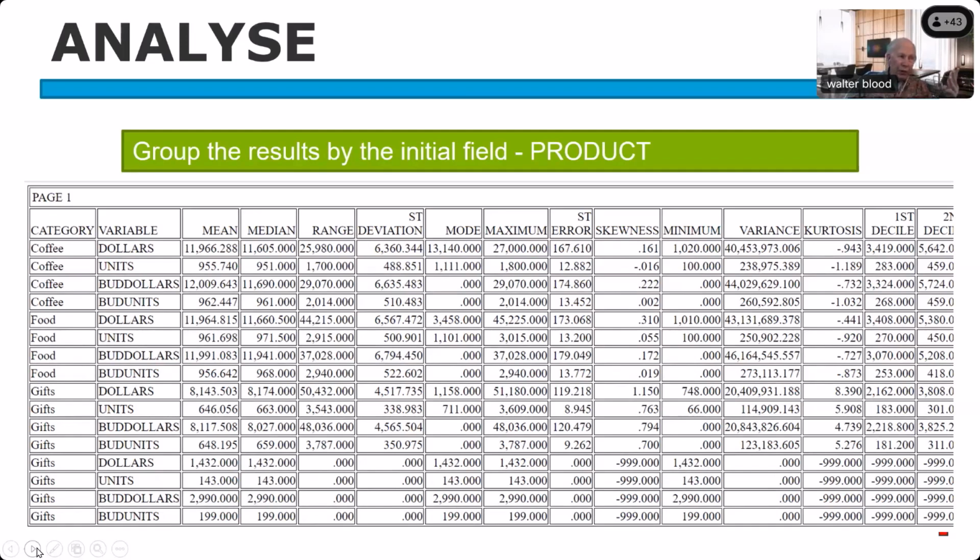And I've got 4 values for each category field, for each of those. For coffee, in the group coffee for dollars, I can see all of my statistical calculations. Same thing with food, gifts, etc. All right, now